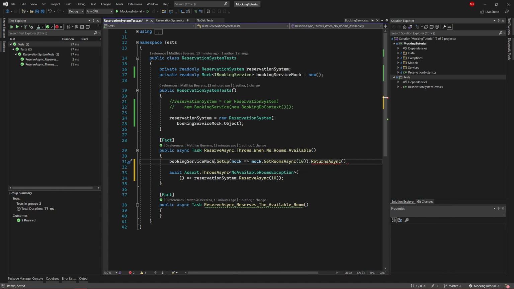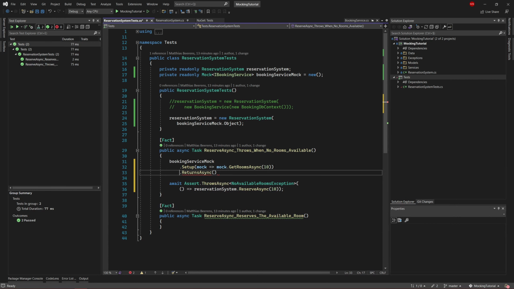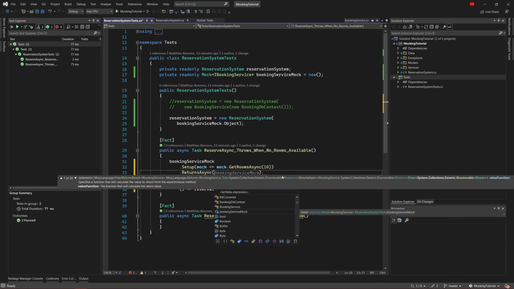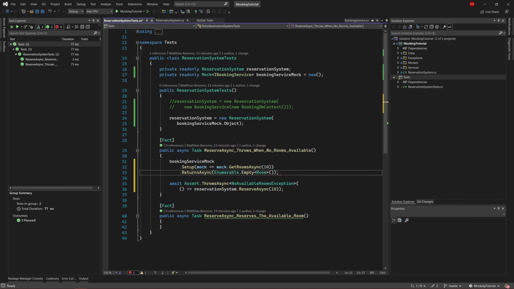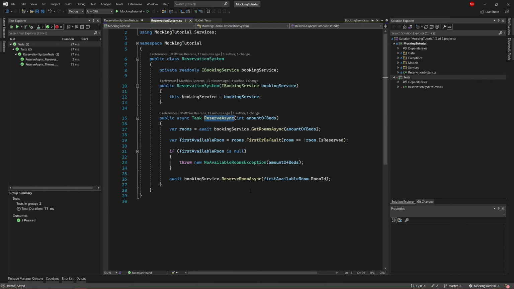And what I'm going to be doing real quick is put these on new lines so you can all see it. But basically here, what we need to return is Enumerable.Empty, and this will return an empty enumerable of room type, and that should allow us to fail this method. So if we quickly are going to put a breakpoint here,